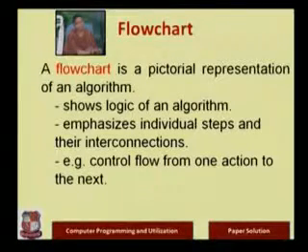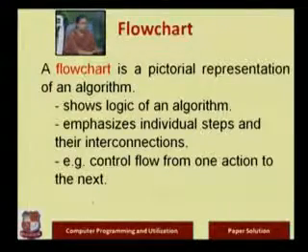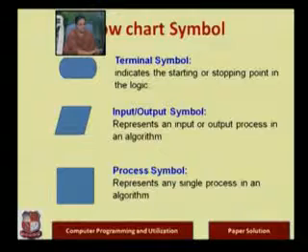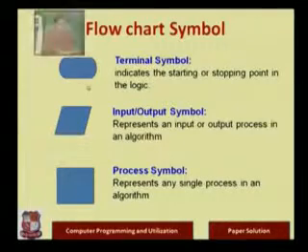What is a flowchart? A flowchart is a pictorial representation of an algorithm, right? It shows the logic of an algorithm. It emphasizes individual steps and their interconnection, for example, control flow from one action to the other. You can show one example of a flowchart. One question was asking for different symbols. So you can give it in a tabular form, or you can just specify like this, okay,